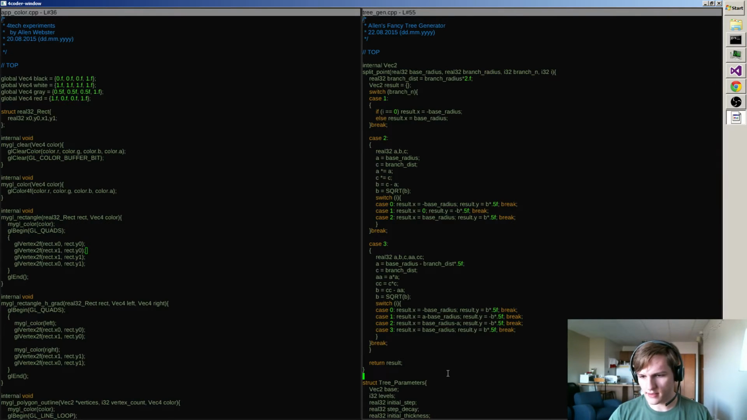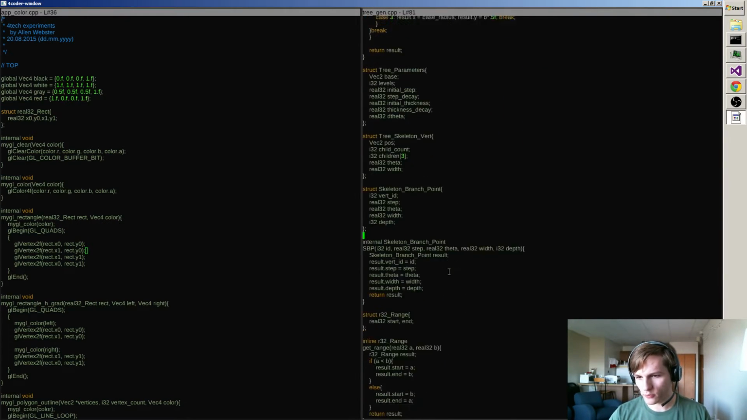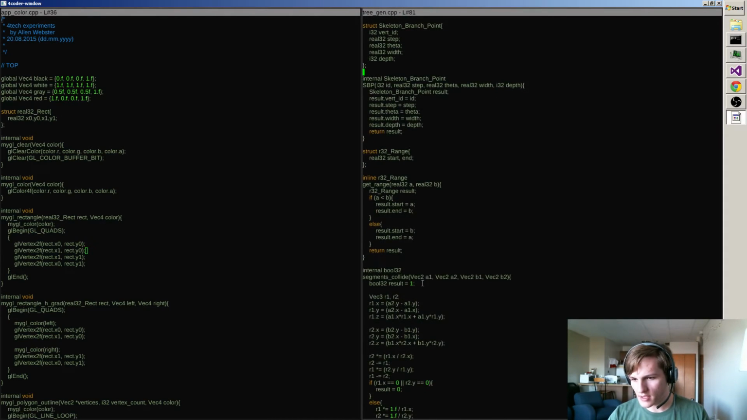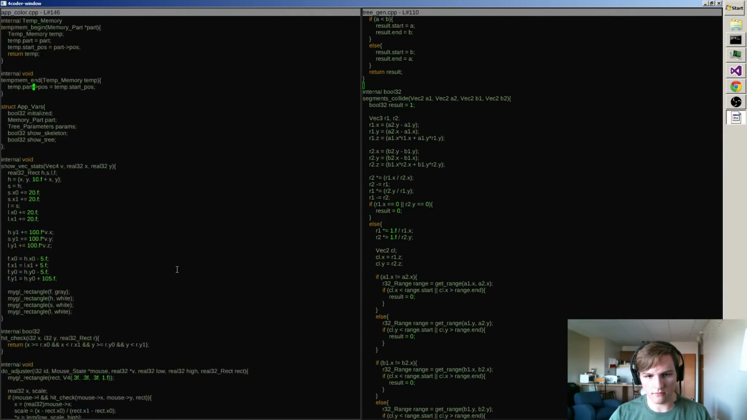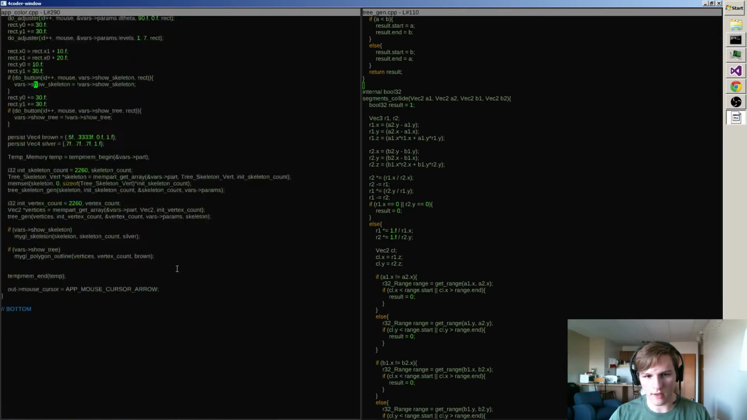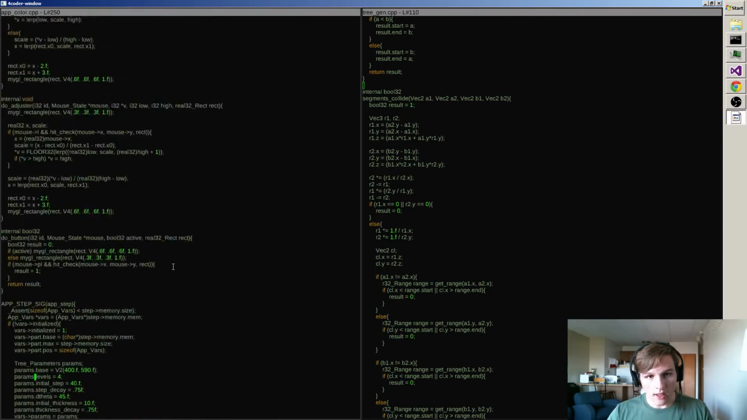I want to test this. What I was saying before things started screwing up is I want to test segments collide, which I wrote last time, but I didn't get a chance to test it. I don't want to test it by just plugging it into the algorithm yet. I want to make sure that it is working on its own, I guess. So I just need to grab